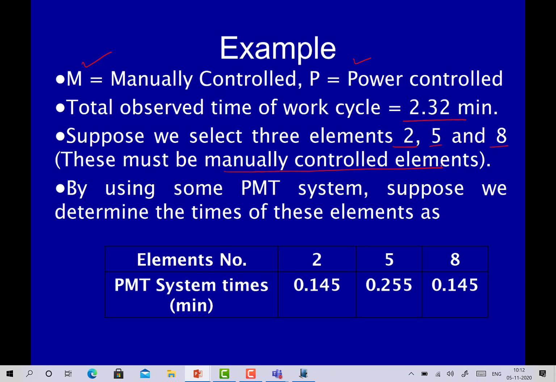because for powered elements the rating is given 100% only. And then for these manual elements, using the standard data or data bank, the time is determined for the second, fifth and eighth elements. So the time obtained for performing elements 2, 5 and 8 from the PMTS system or the database approach,